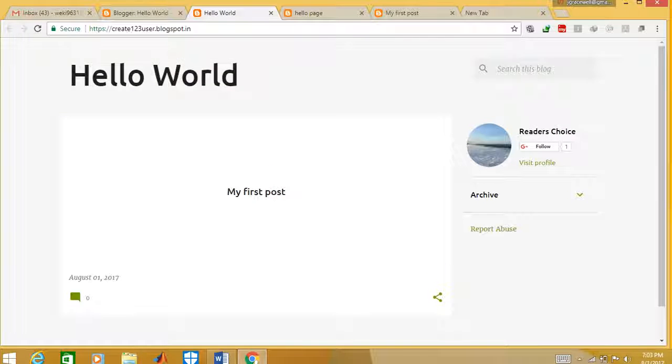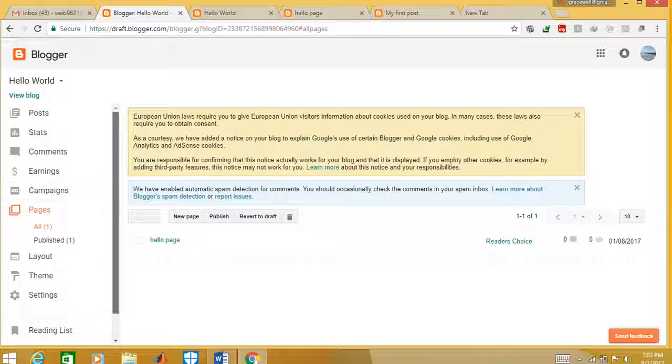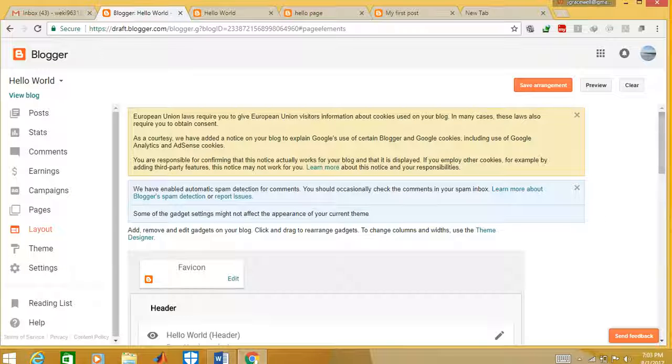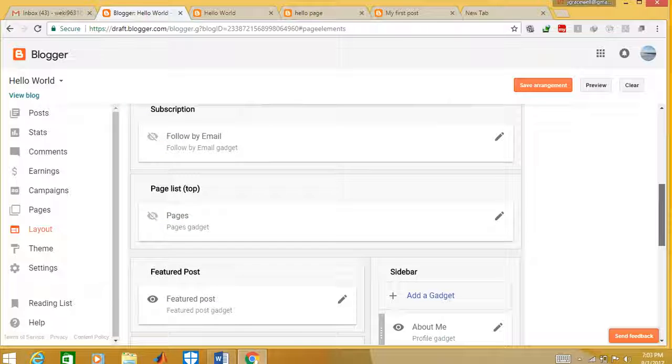It's very simple. Hello world, this is how your blog looks. And so here, theme is, you can change the theme, any theme that you want. And layout, you can just display what are the things that should be displayed in your front page.